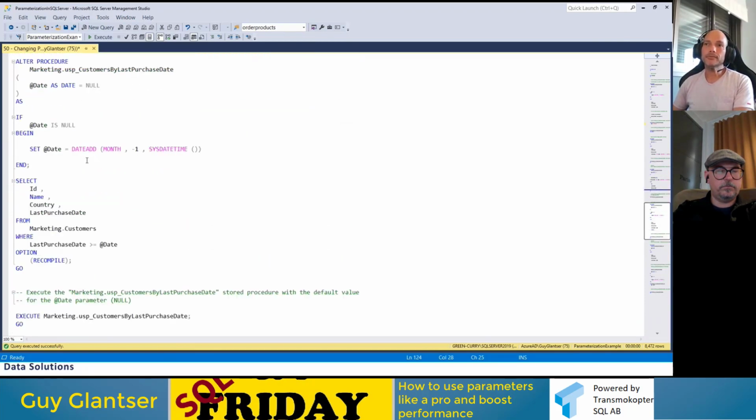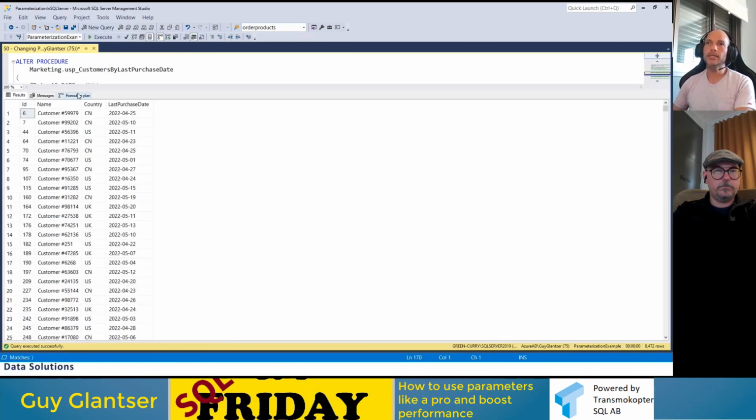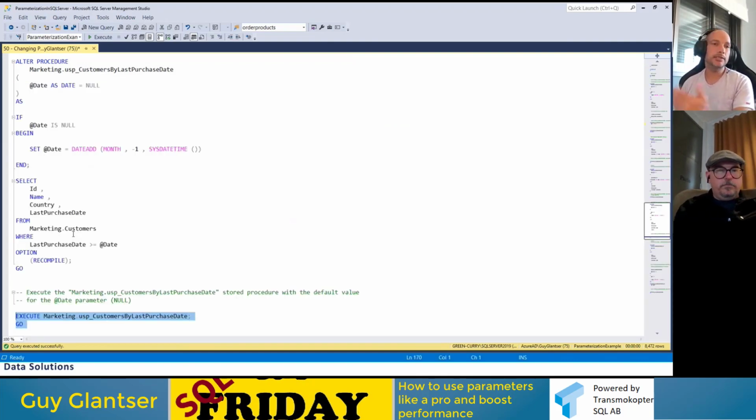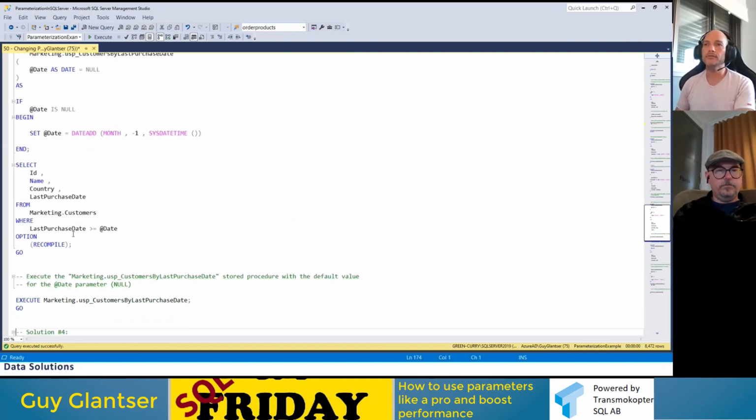Solution number 3 is to add option recompile. And again, this will instruct SQL Server to recompile the statement again and again every execution, but it's going to happen at runtime. And in this case, whether I change the parameter values or I use a local variable, or if I use an isNull, all of those problems will disappear using option recompile, thanks to the fact that it happens at runtime. So in our case, if we change the parameter value during runtime, we already know the new value of this parameter, and now we get a good plan with a perfect estimation. So again, option recompile solves the problem. It's like magic, as I said before, but you should be careful.